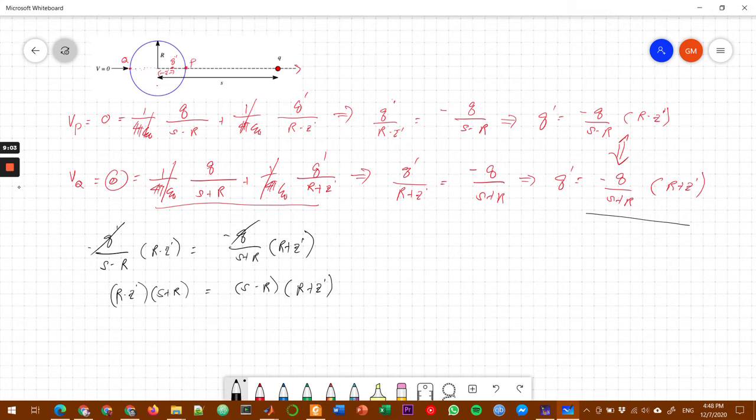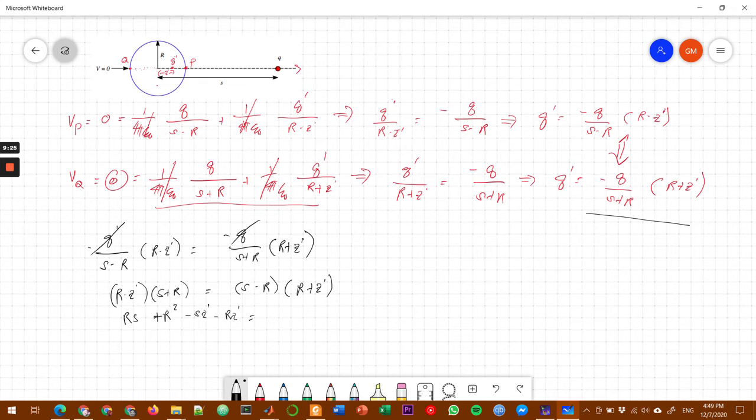And then, ako siya i-distribute. So you get R S minus R squared. Oh, this is plus R squared minus S Z prime minus R Z prime equals, sa right hand side po